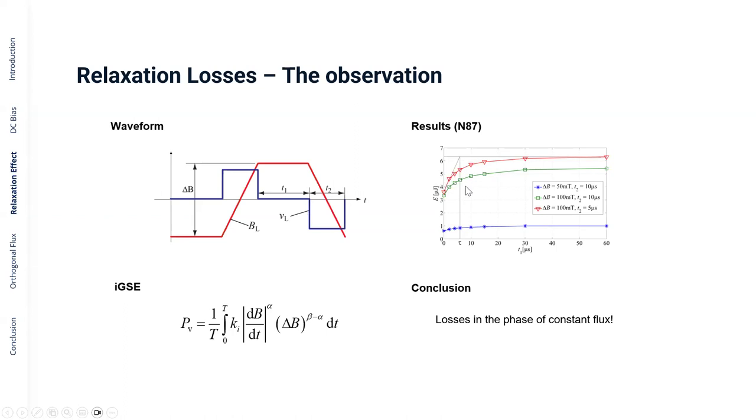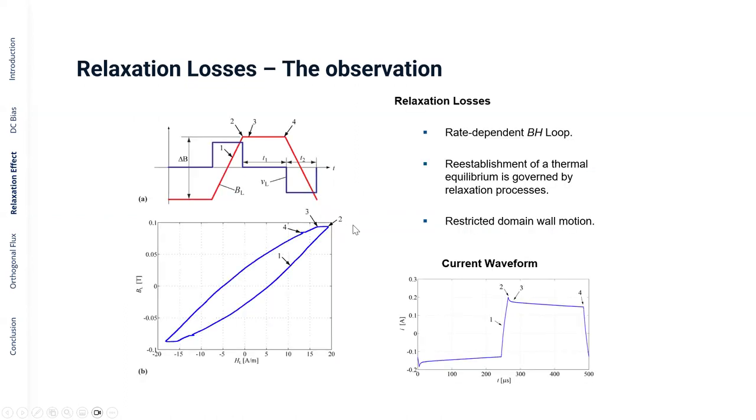It doesn't mean that the core losses increase when you increase T1, because the frequency also drops. However, the energy per cycle increases. Why is this the case? This is a phenomenon that's known in the literature. People have studied core materials for quite some time. What happens is, if you ramp up the core material, basically repeating what I said at the beginning, up to a certain point and then abruptly stop the voltage or put the voltage to 0,